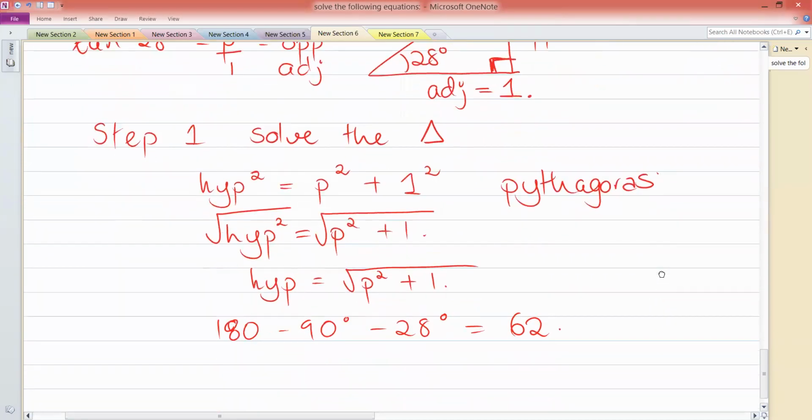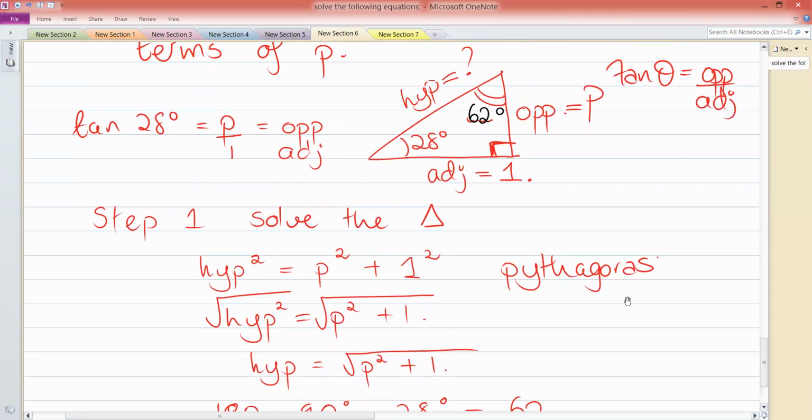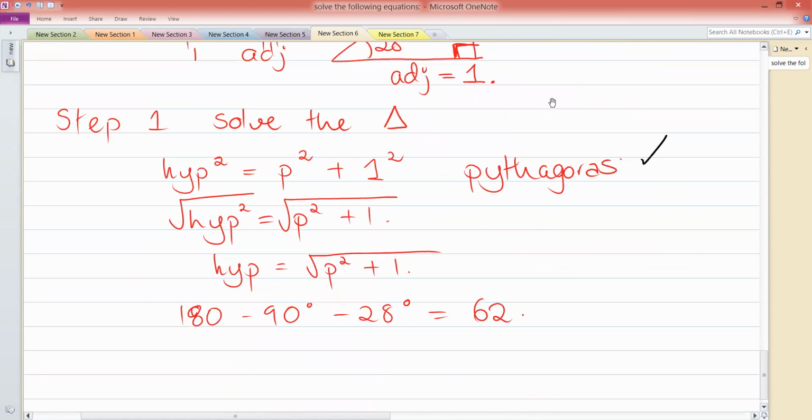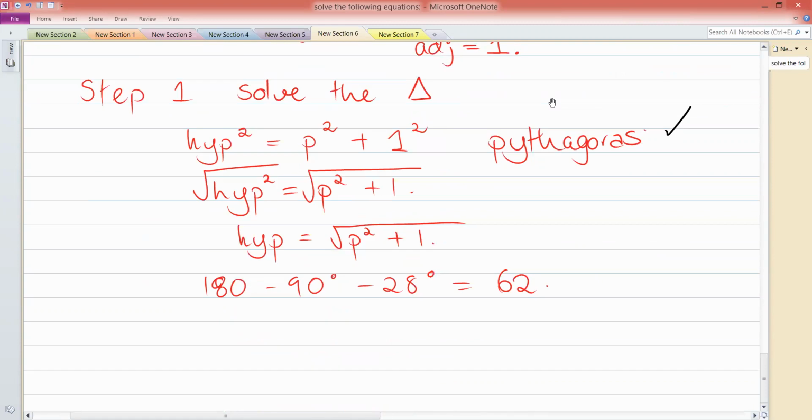So we've solved the triangle. We found all the missing sides. We found that the hypotenuse is actually the square root of P squared plus 1. We needed to show Pythagoras. If you don't show Pythagoras there, the reason, you're not going to get your 4 marks. Right, so first thing, we've solved the triangle. Now they want you to write,